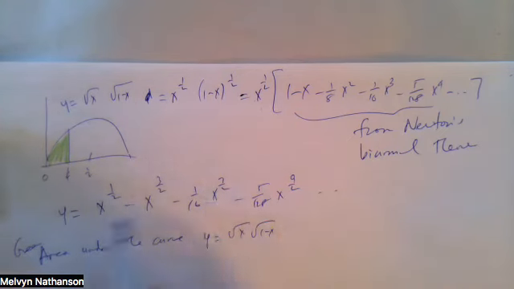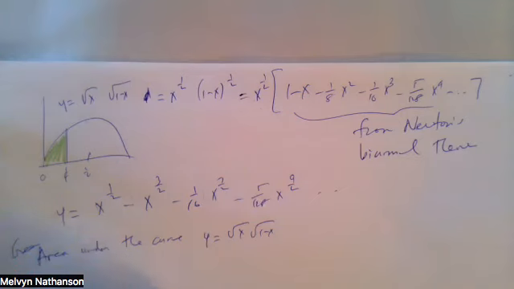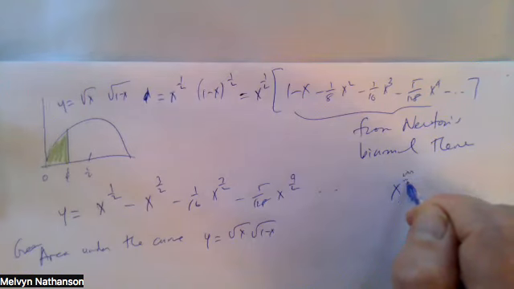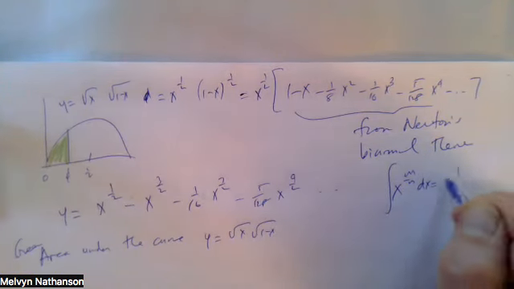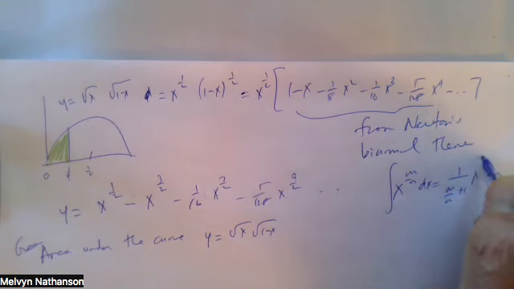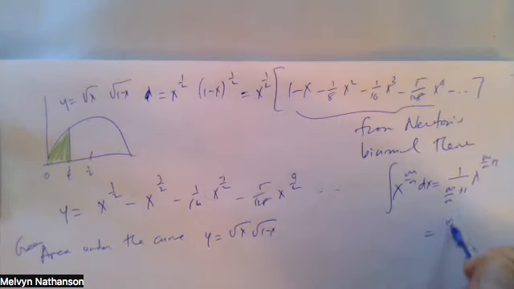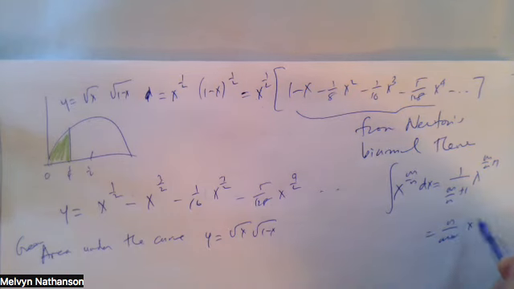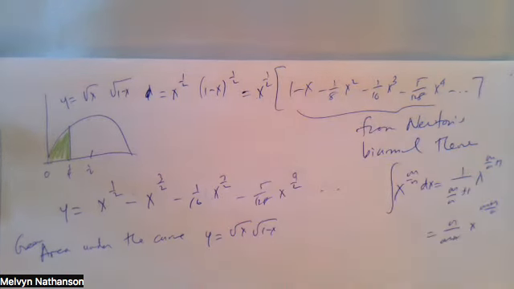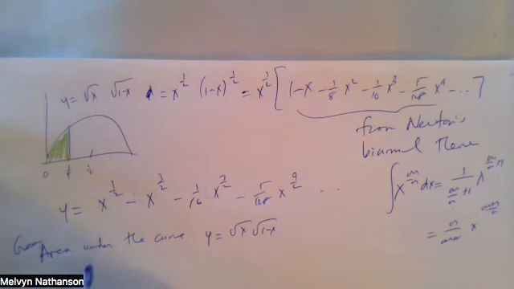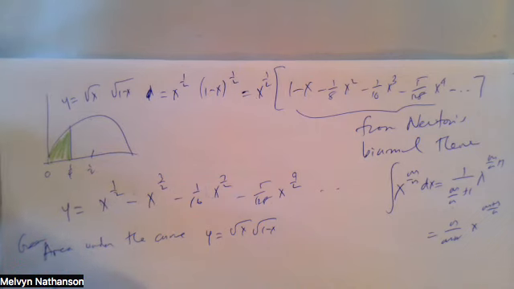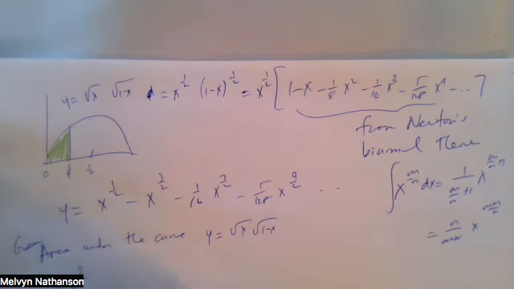When you integrate this term by term, you get, remember, x to the m over n, when you integrate it, is 1 over m over n plus 1, x to the m over n plus 1, or n over m plus n, x to the m plus n over n. So you get, when x is 1/2, if you add 1, you get 3/2. So you get 2/3 x to the 3/2. When you add 1 to 3/2, you get 5/2 minus,